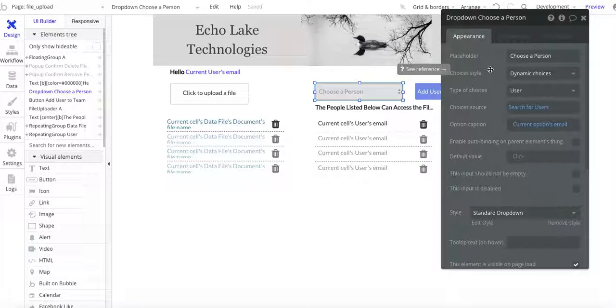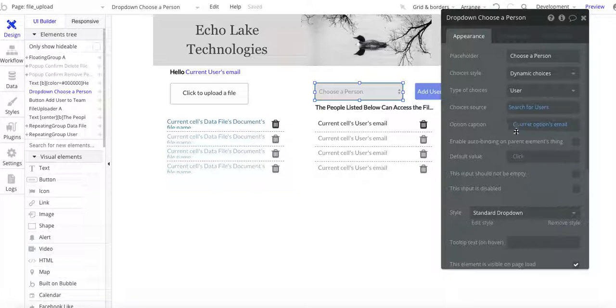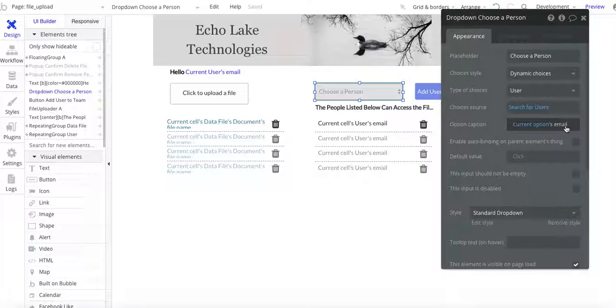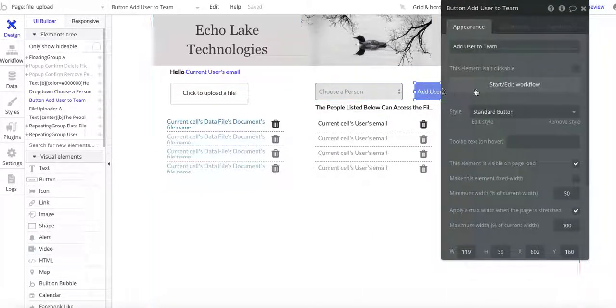For your application, you may want to put some criteria on here to limit the number of users. And then basically show the user's email. I could choose other things on here like their first name or first name and last name, but I just went simple with this and just showed their email. Okay, and then basically to add,